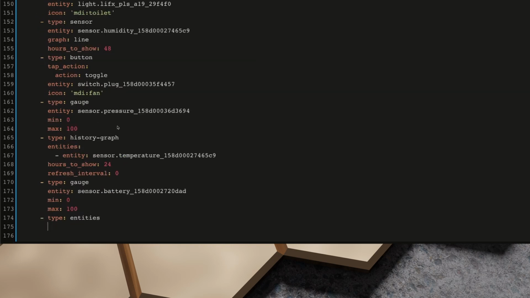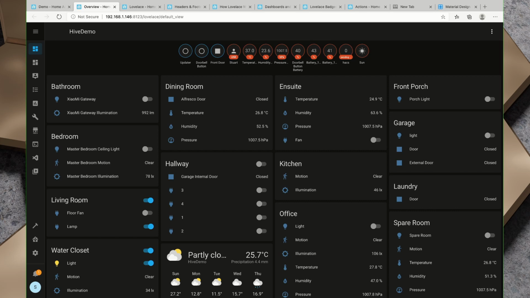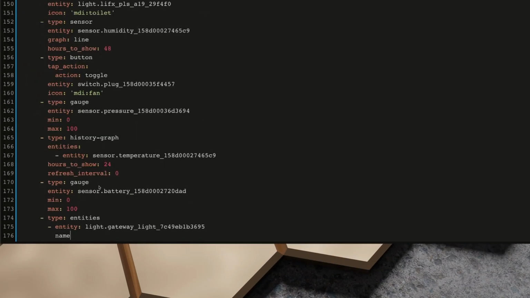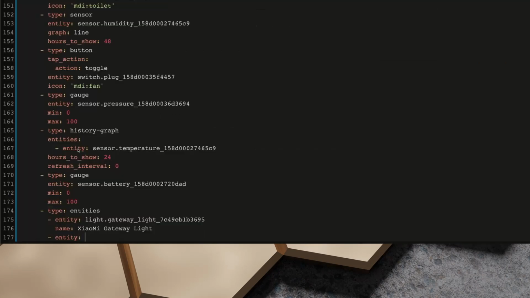So firstly I'm going to put in a dash entity, and I need an entity ID to add. So let me first of all open the default dashboard in a new tab, and I'm just going to grab these first two here. So I'm going to grab the entity ID, paste that in, and we need to give that a name as well. So we're going to call that Xiaomi Gateway Light, and I want another entity, grab the gateway illumination, so I'll grab this here, and sensor illumination,